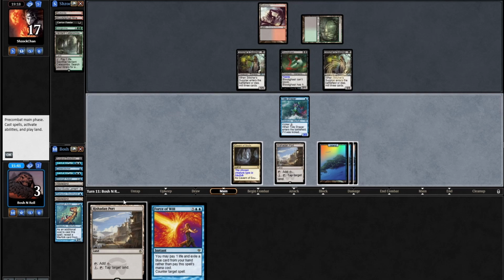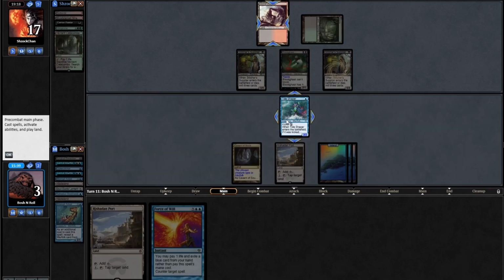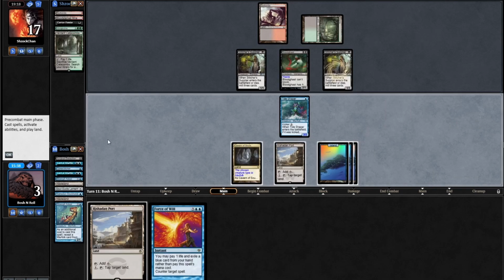Like, Force of Will, way too late. Now they have lands they can play on. I block Bloodghast just to stay alive. That unlocks their mana, and I'm dead, and with no draws. Okay. Played that game a lot longer than I thought we were going to, but still ended up...